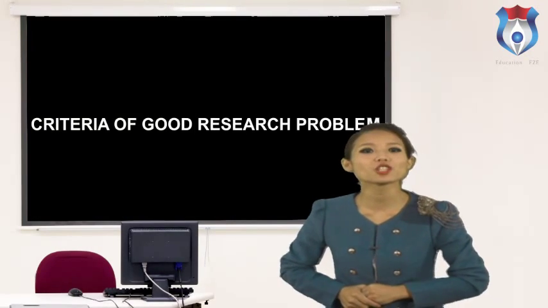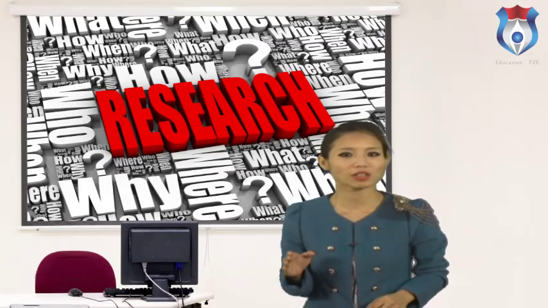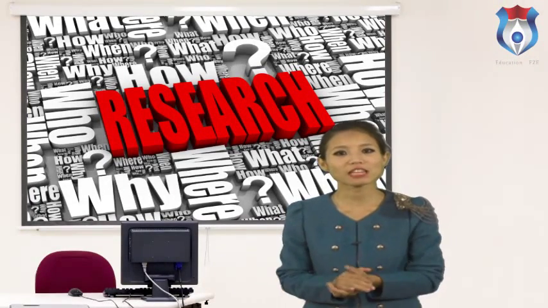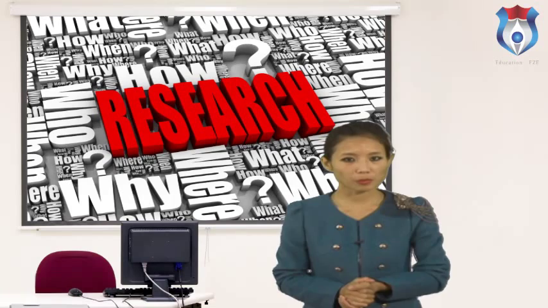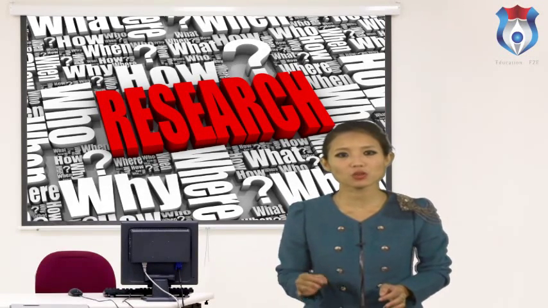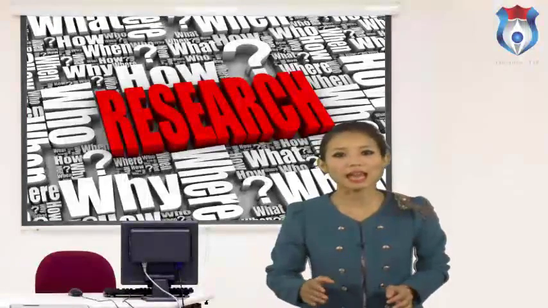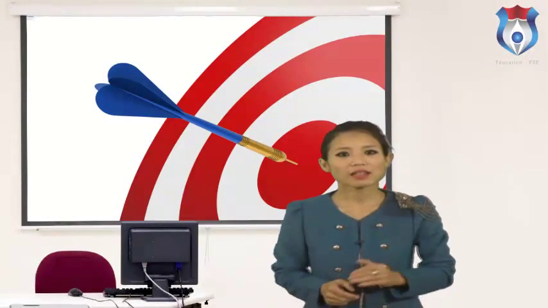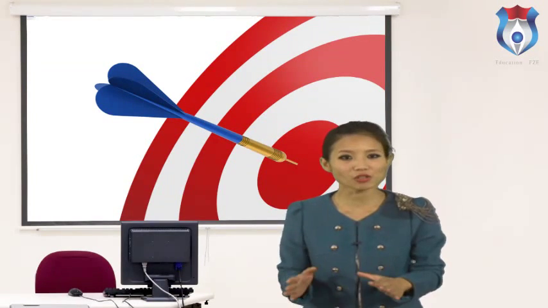Criteria of good research problem. Horton and Hunt have given the following characteristics of scientific research. Verifiable evidence, that is factual observation which other observers can see and check. Accuracy, that is describing what really exists. It means truth or correctness of a statement or describing things exactly as they are, avoiding jumping to unwarranted conclusions either by exaggeration or fantasizing.